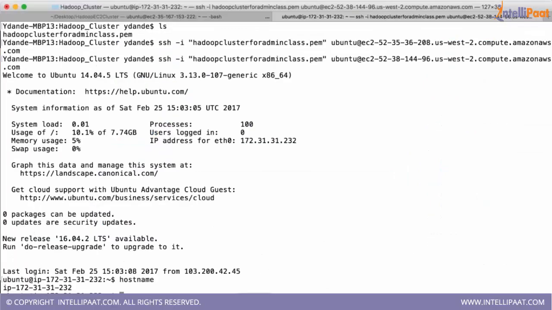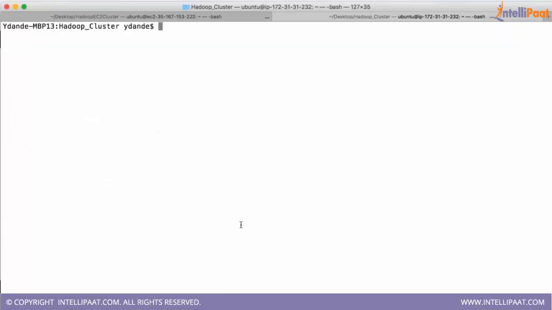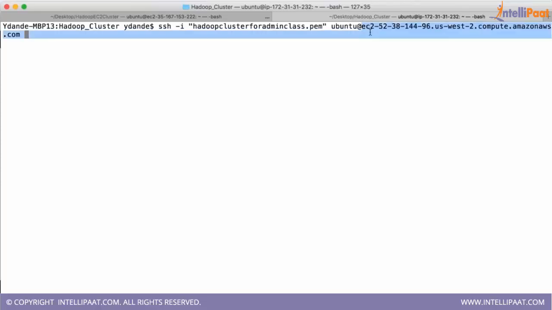Okay. Do you have a Windows machine? Yeah, I have a Windows machine. Okay. So either you can use the IntelliPaat VM, because it has Linux inside, which has a terminal. You can use SSH and run all these commands from there. But if you want to use Windows directly, you have to use software called PuTTY. You have to download PuTTY, and you can access these machines. PuTTY is also an SSH agent.